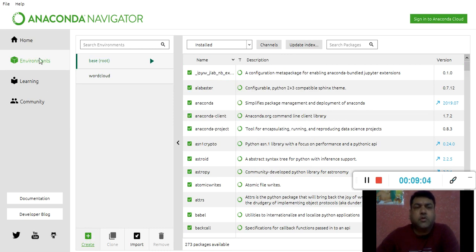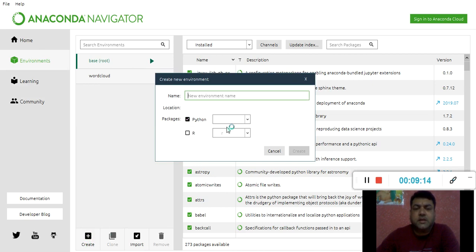So environment for 2.7, environment for 3.7, like that we can create environments for different versions, because clearly you can see here it is asking for Python. Once I give the name to it, it will ask me which Python packages you want to upload.